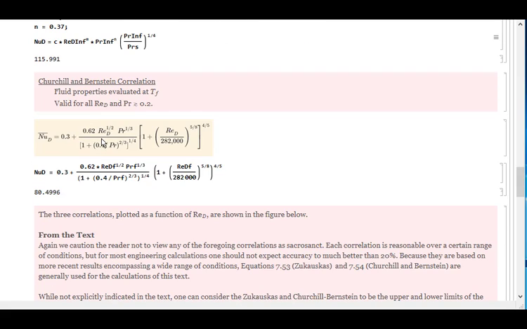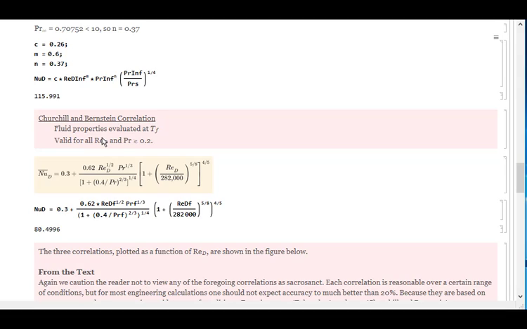Now the Churchill and Bernstein correlation, while it looks like the most complicated equation, is actually the easiest to implement, because all fluid properties are evaluated at the film temperature, and it's valid for all Reynolds numbers and all Prandtl numbers greater than 0.2. So there are much fewer restrictions on this one. So we go ahead and evaluate it. We already have the Reynolds number at the film temperature calculated for the Hilbert correlation. So we get a Nusselt number of